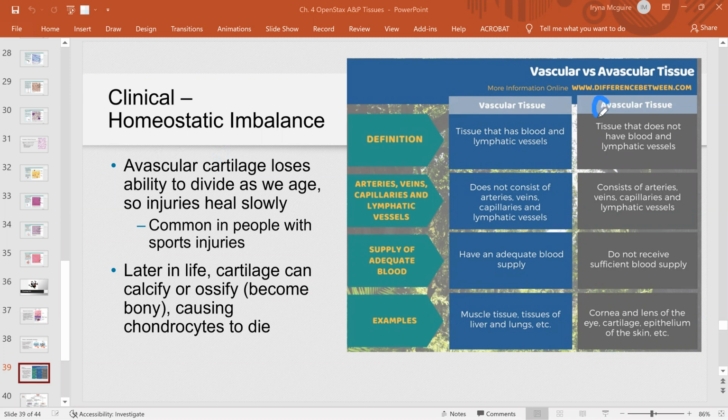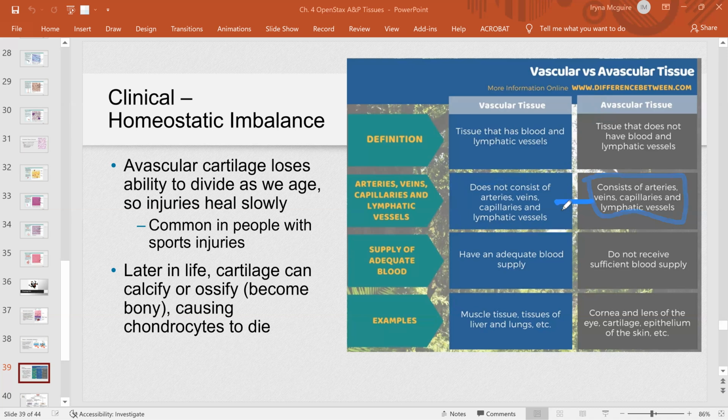Well, this A means it's missing something, right? And vascular means blood vessels. So avascular tissue does not have blood and lymphatic vessels. And vascular tissue has blood and lymphatic vessels. Now this table kind of tells you, where is the error over here? What does not make sense? And what doesn't make sense is this box needs to be here, and this box